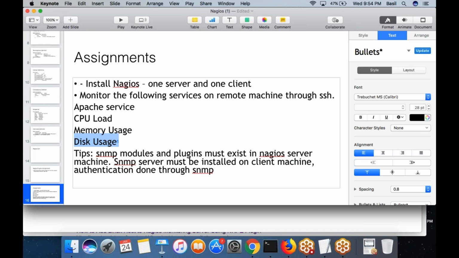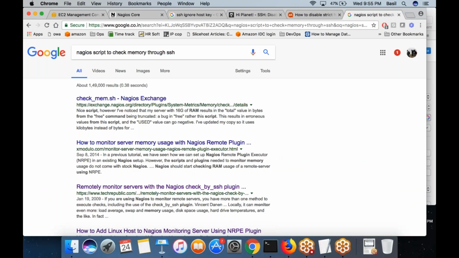Create a host group called HTTP servers, create another host group called Tomcat servers, another host group called database servers. Like that, you create the host groups, then add the machines that are part of your infrastructure into those host groups, define each and every individual host machine into Nagios, but monitor only these services. So probably you need to download some script from the internet, like I showed you.